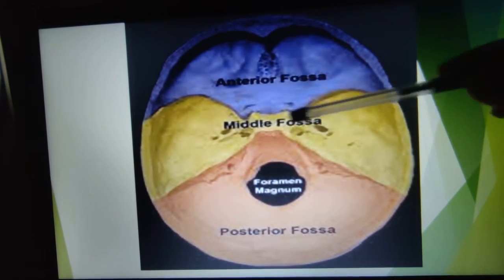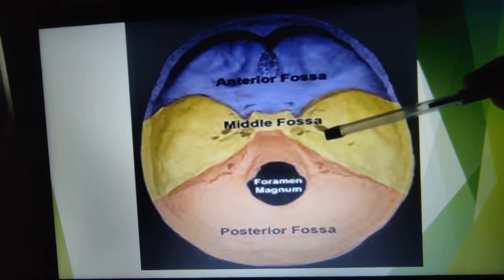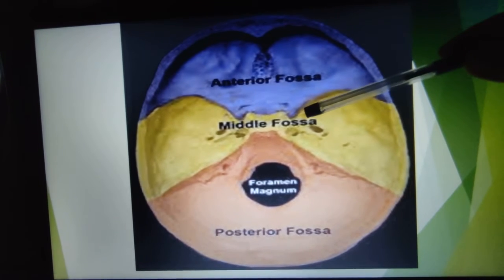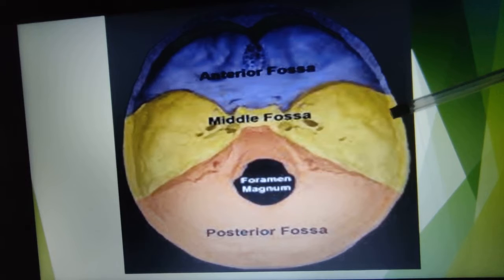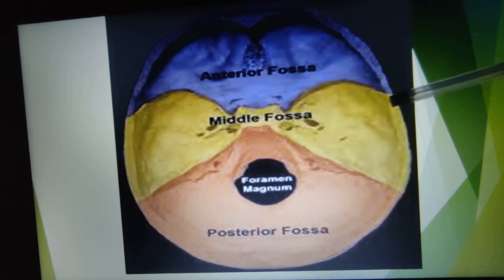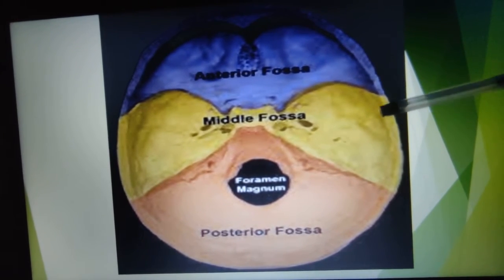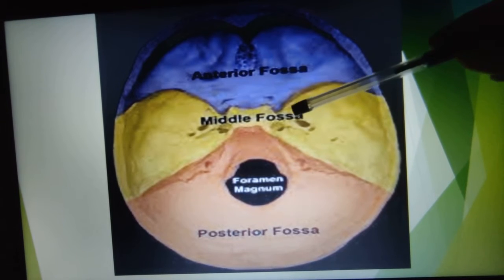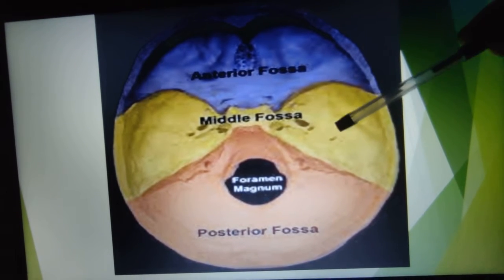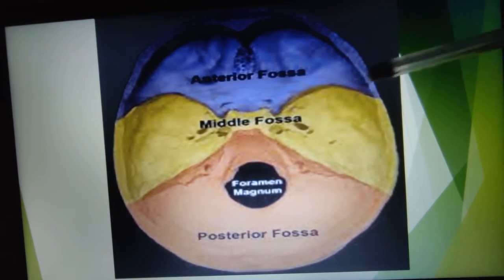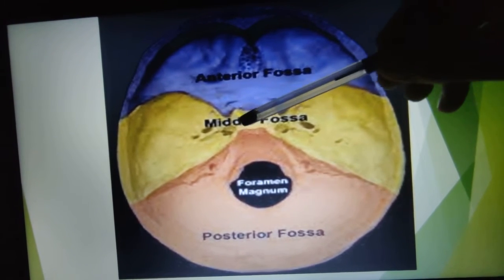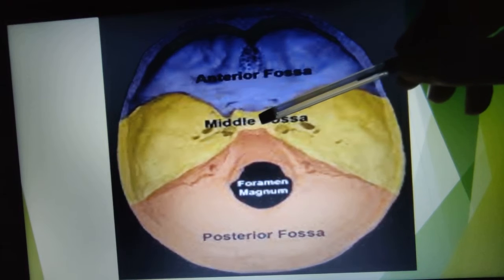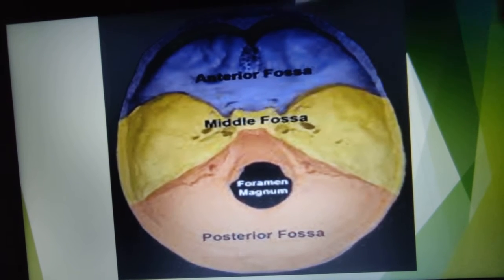While coming to the lateral boundary, laterally we can see the greater wing of the sphenoid. This is the greater wing of the sphenoid. Then antero-inferior angle of the parietal bone. Then squamous part of the temporal bone. Then while coming to the central portion, we are having the body of the sphenoid. This forms the body of the sphenoid.